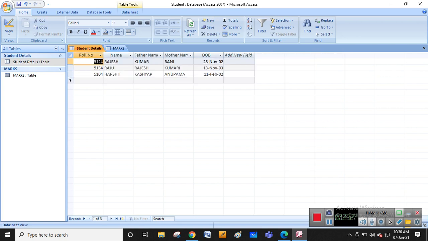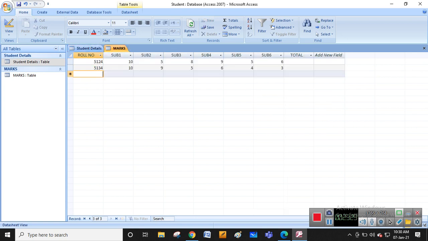Next 5104, 8, 9, 5, 6, 4, 3. Now I added this total. So how to perform this operation, you see. So we set the primary key.